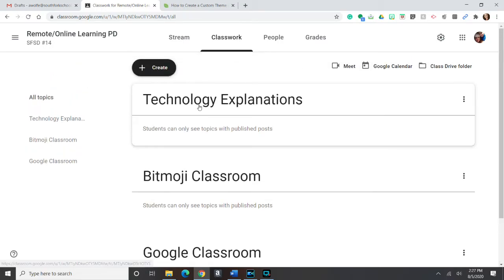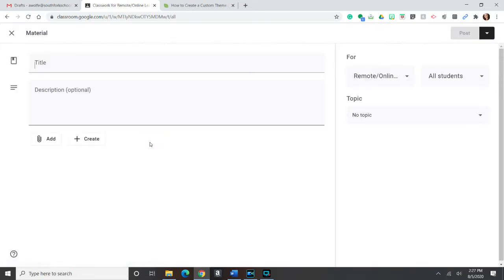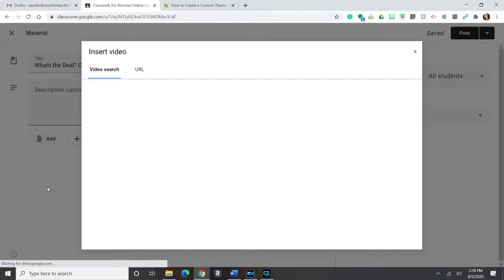Okay, so then what I'm going to do now is I'm going to add a YouTube video underneath the technology explanations. So I'm going to click on create, and then again I'm going to choose material, and then I'm going to say, what's the deal, Chromebooks versus PCs. And then from here, I want to click on YouTube,